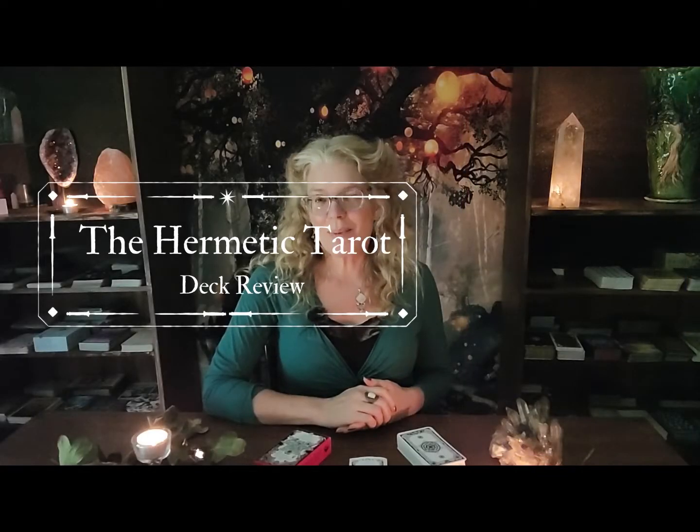Welcome tarot readers, April here, and today I want to do a review of Godfrey Dowson's Hermetic Tarot. This is a Golden Dawn tarot and it's just packed with tons of symbolism, and maybe a deck that you're